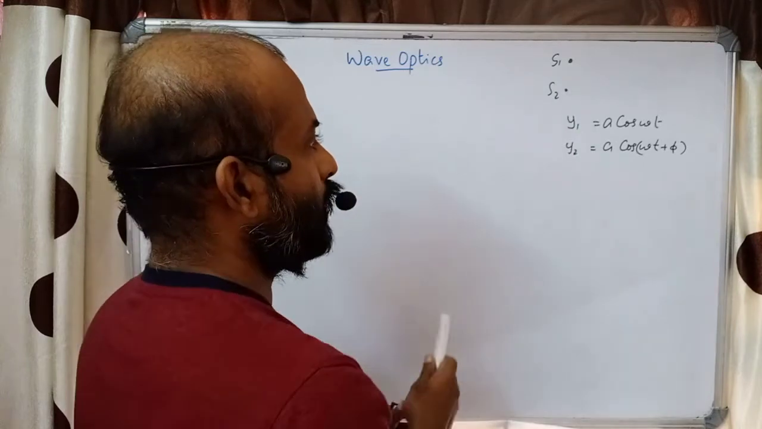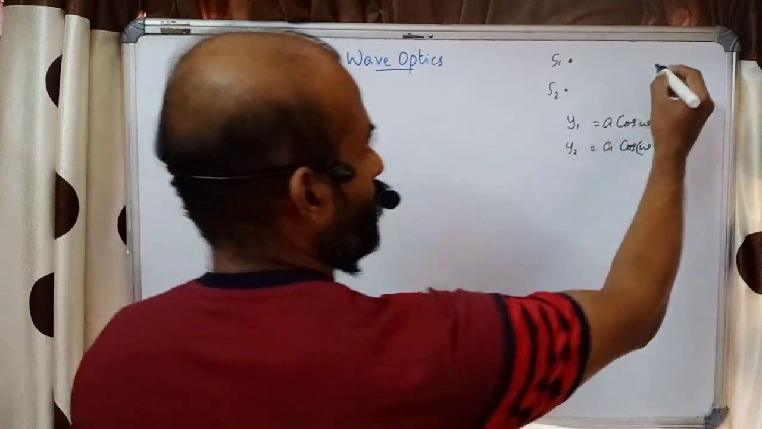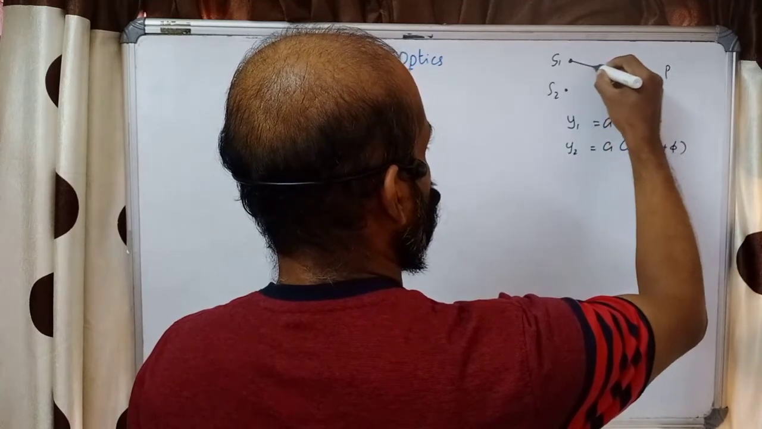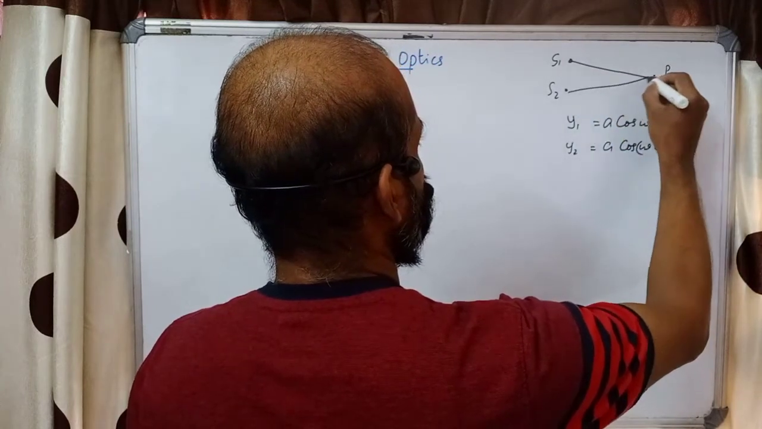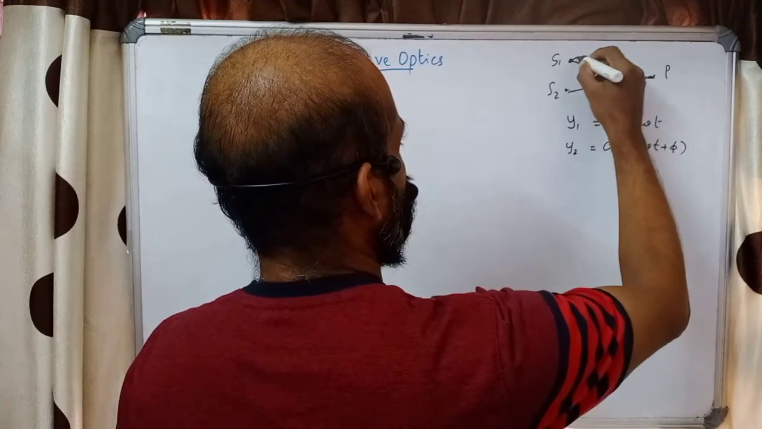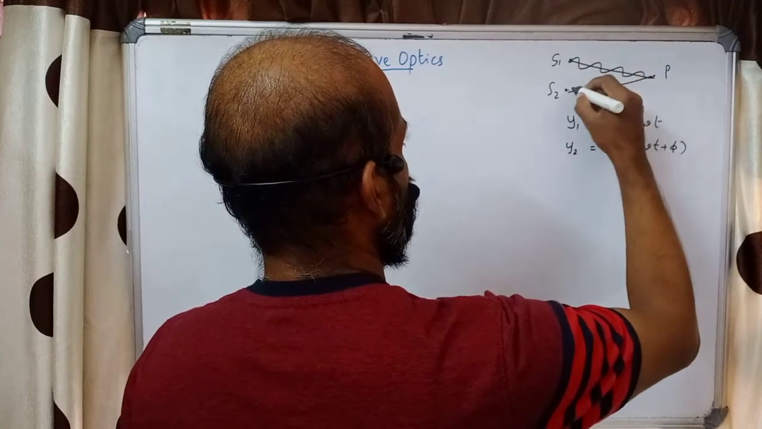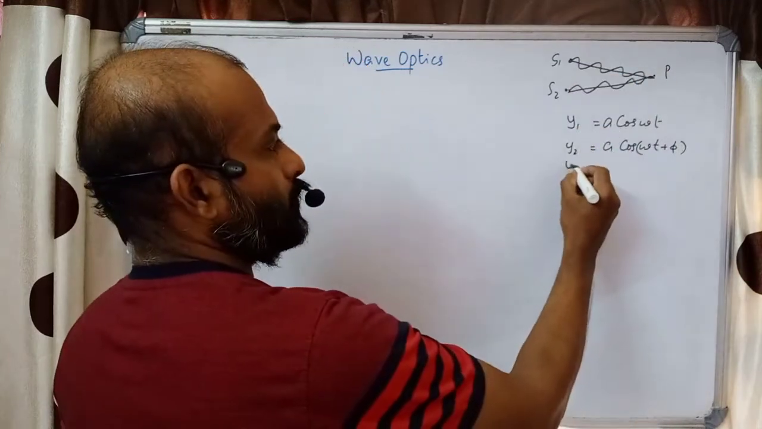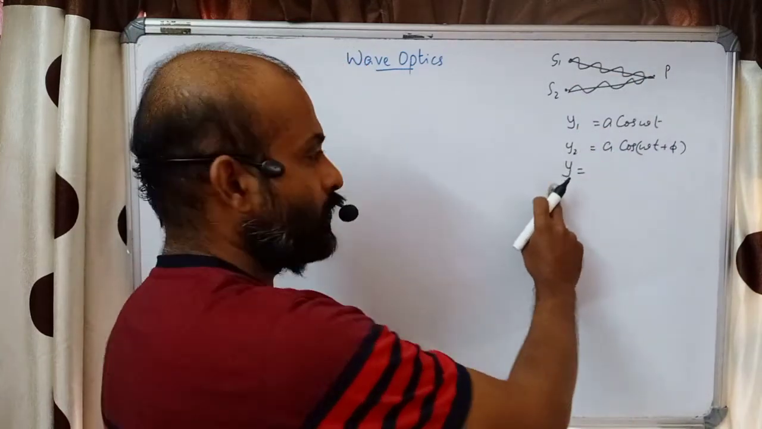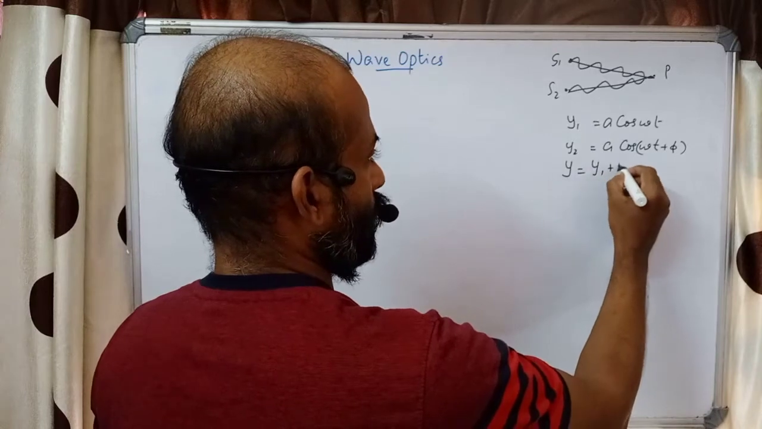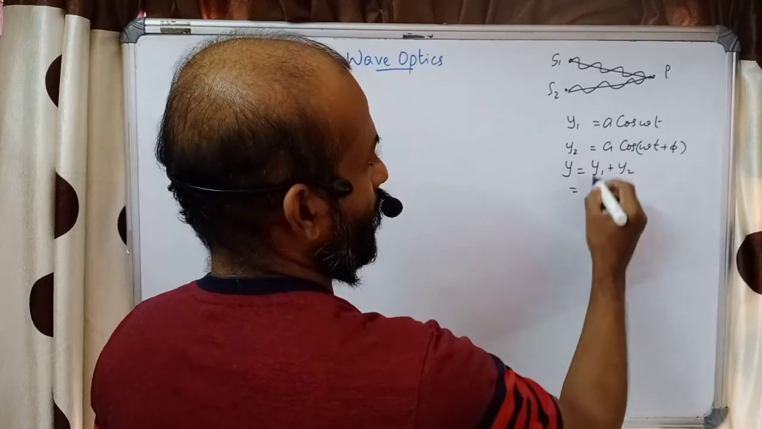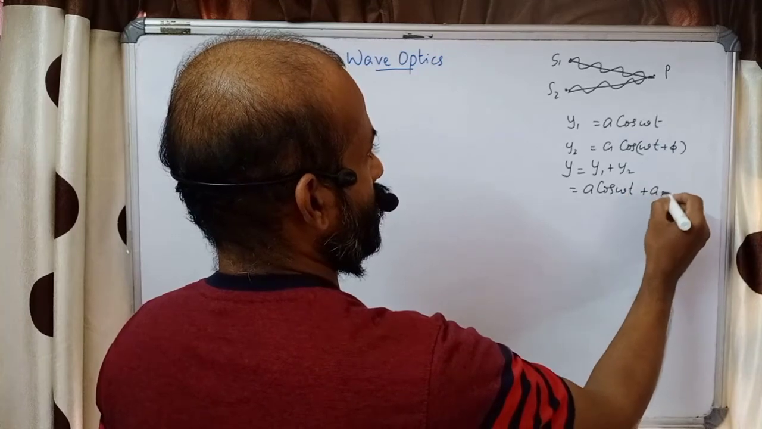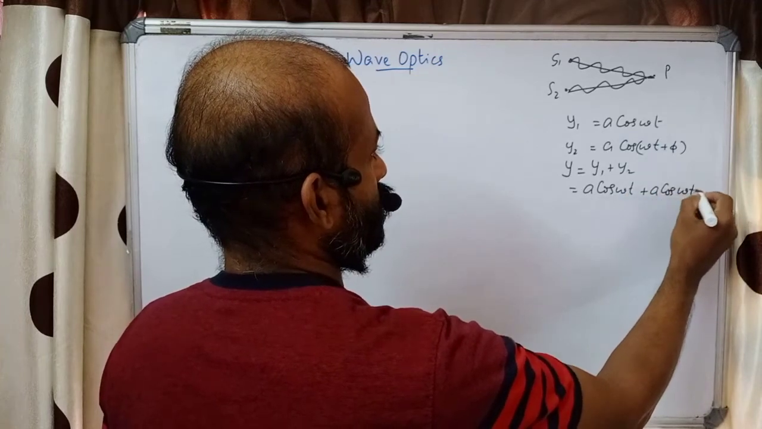Okay. Now when they superpose at a particular point, let these superpose at a point P. The waves from S1 and S2 superpose at a point P. Now the net displacement, the resultant displacement y, is equal to y1 plus y2 by the superposition principle. When you add these two, A cos omega t plus A cos (omega t plus phi), we need to add